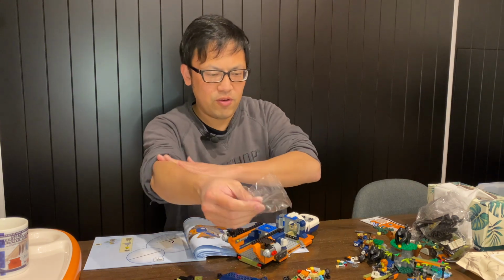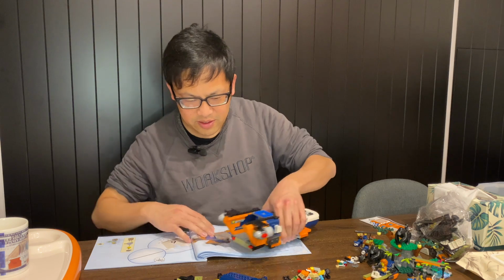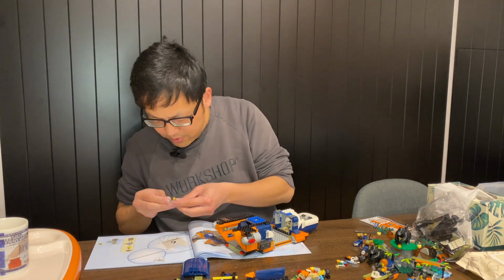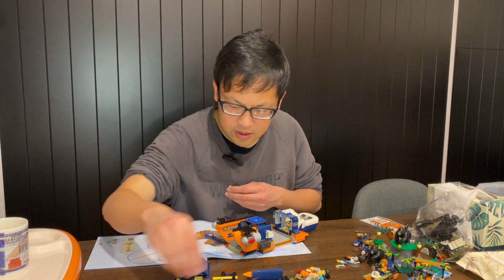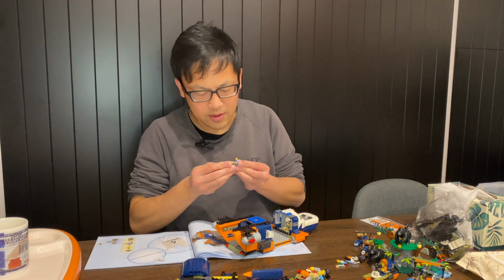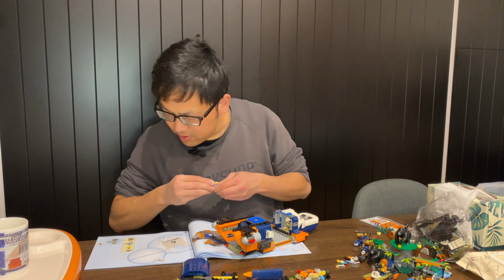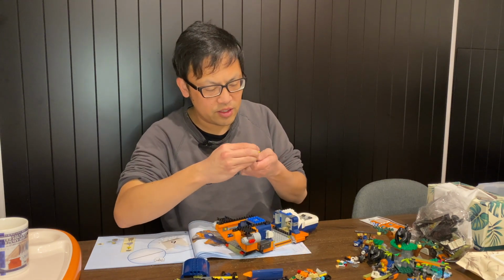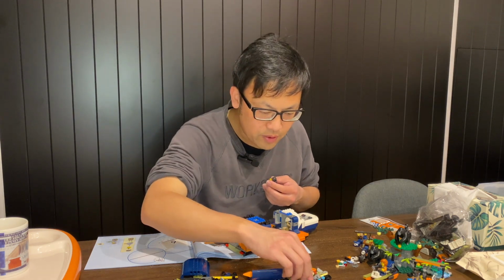And I think I just hurt my joint. It's pulling too hard. Anyway, got the minifigure. So this is an older lady, and her head is not new. And we got this hairstyle. I don't think the hairstyle is new as well, but we do get a very nice